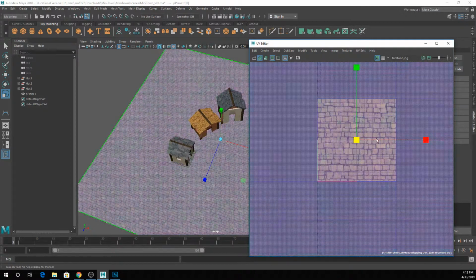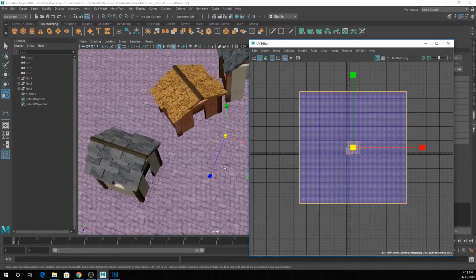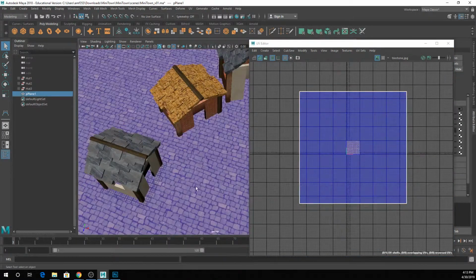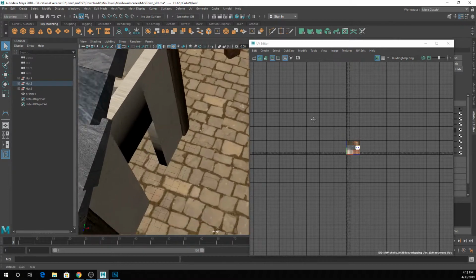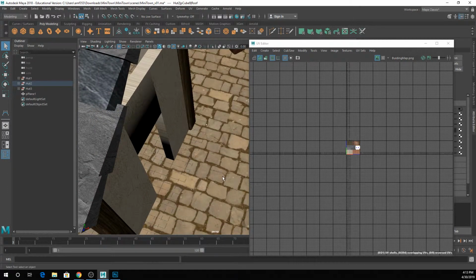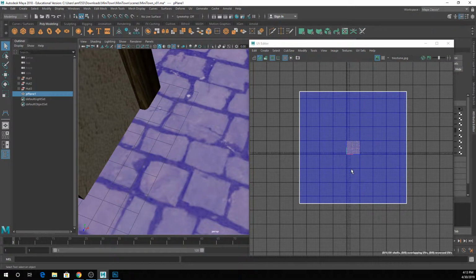So if I just scale these up super aggressively, you can see that again the scale of my bricks is pretty reasonable, and the closer I scroll in, it's not horrible looking yet. You have to get pretty close before it gets really icky looking. And again, that's just because I scaled my UVs up,